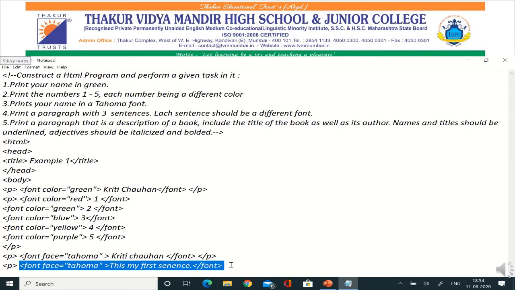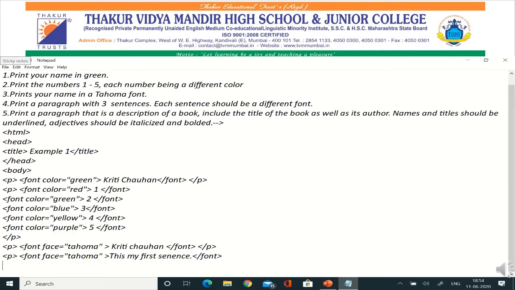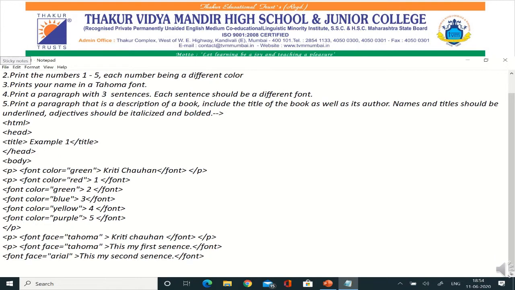Full stop. Now I am going to write a second sentence in a new line, but this will not appear in a next line on the browser. I'm just going to make a change here. I'm going to make it Arial, and this is my second sentence. Now again I am going to paste here.